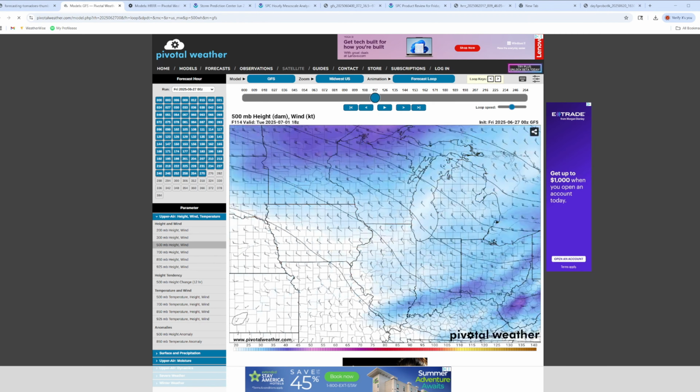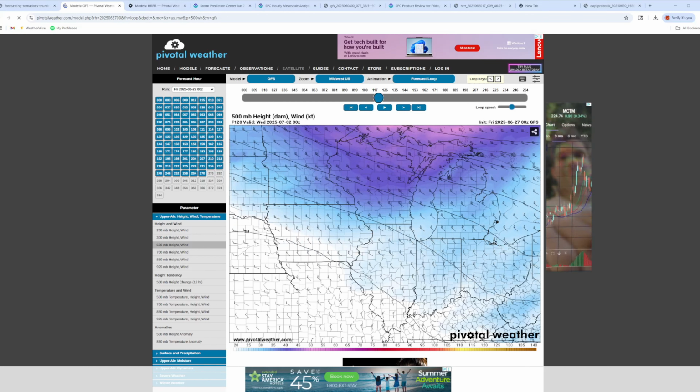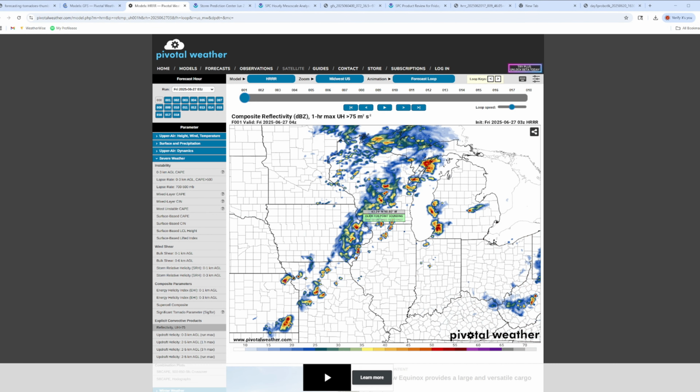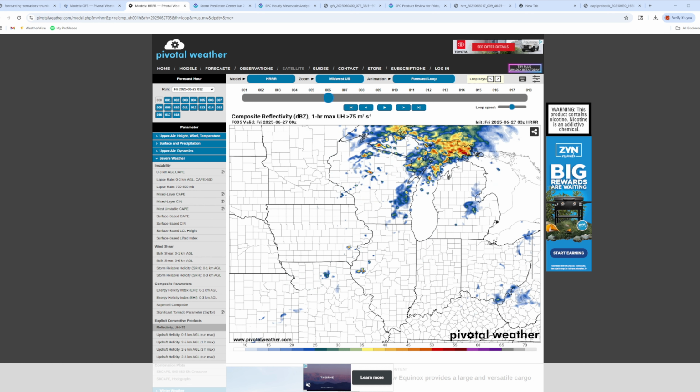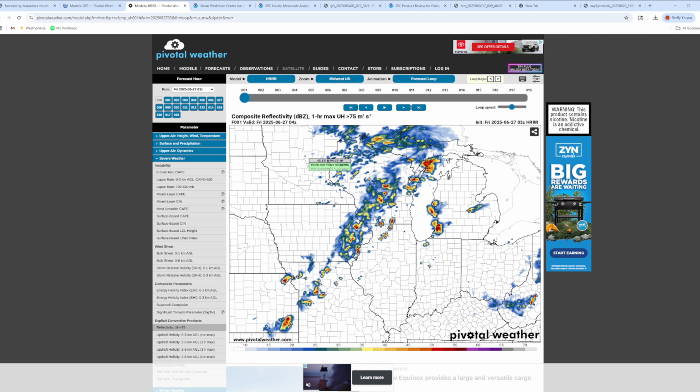So this model's for long range forecasting. The farther out you go, the more uncertain things get. Just a tip or reminder. So this is a really good short range model, a high resolution one. It's called HRRR, which stands for High Resolution Rapid Refresh. Now, when I use HRRR, I like to use one of the explicit